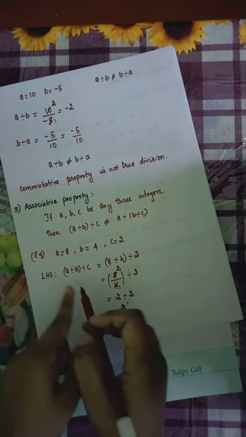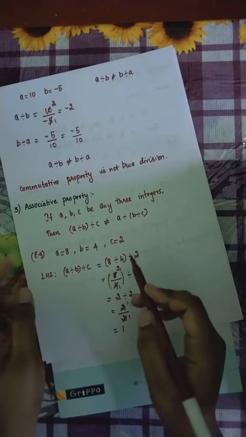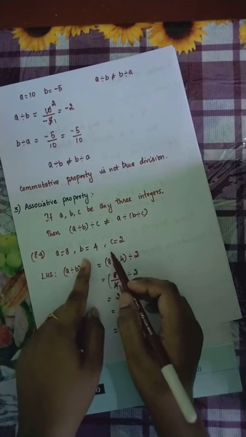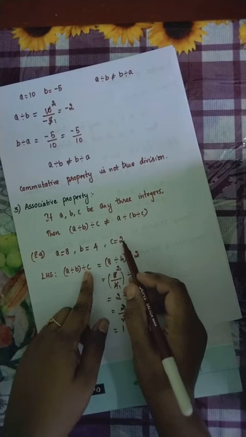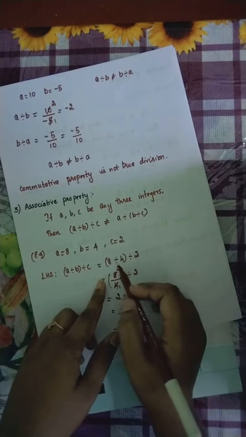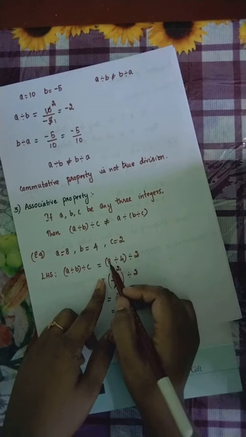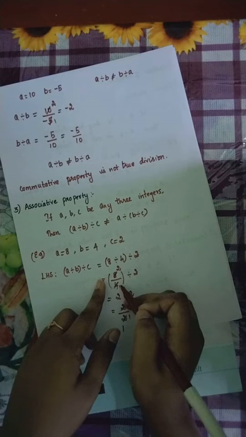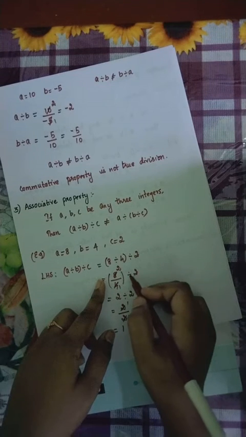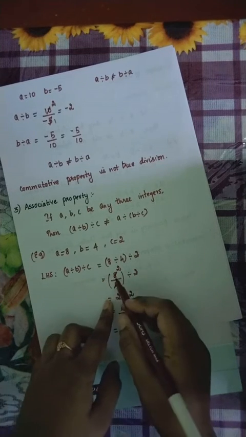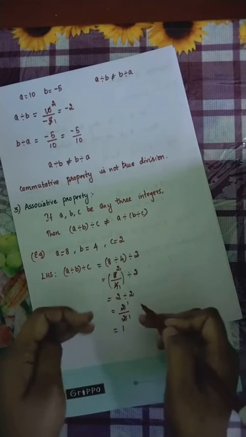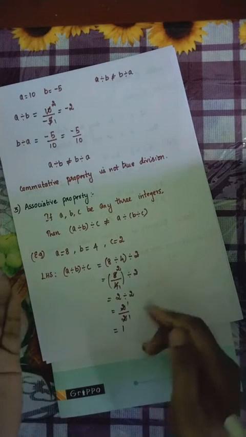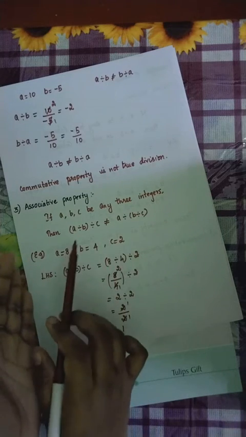A divided by b divided by c is equal to, value for a is 8, 8 divided by value for b is 4 divided by value for c is 2. So first divide the first two numbers, that is 8 divided by 4. 1 4 is 4. 2 4s are 8. So our answer is 2 divided by 2. Then finally divide these two numbers, 2 by 2. 1 2 is 2. So our answer is 1. We got the answer for left side is 1.